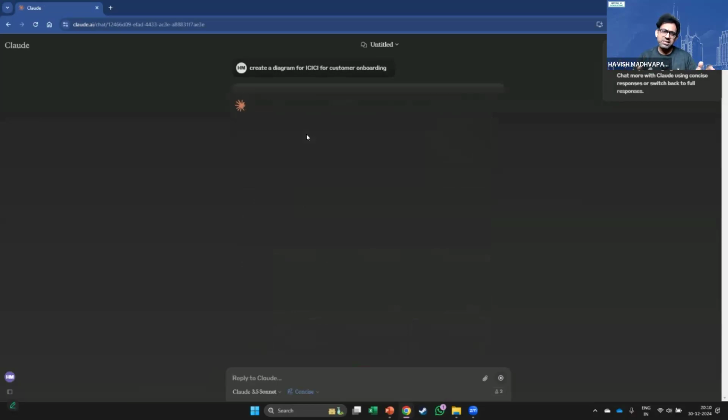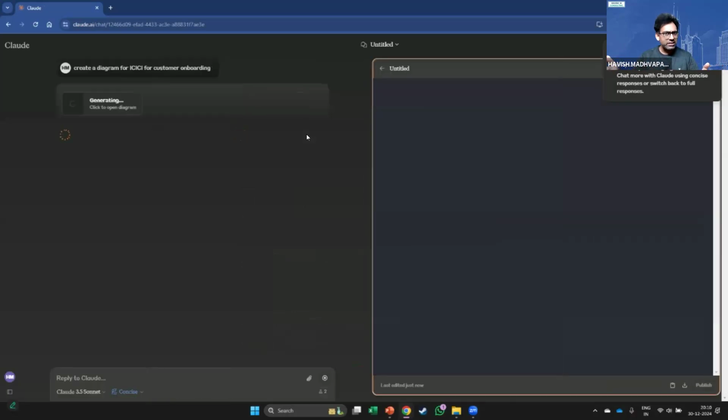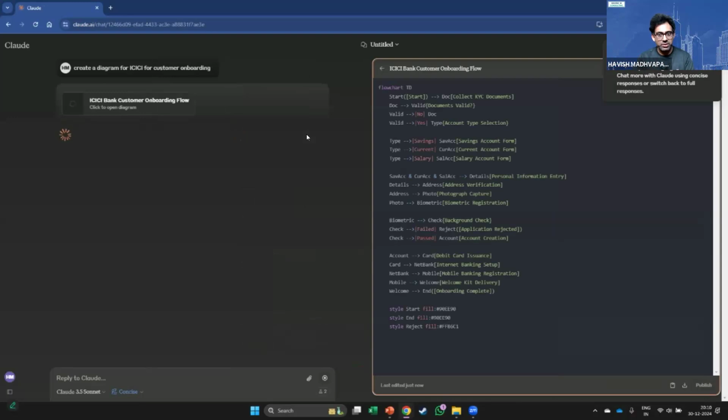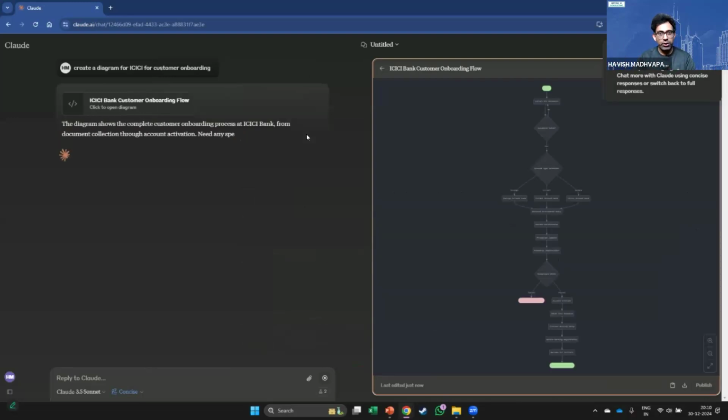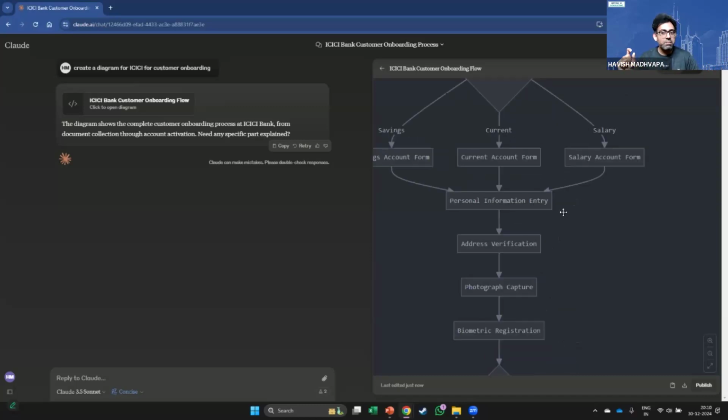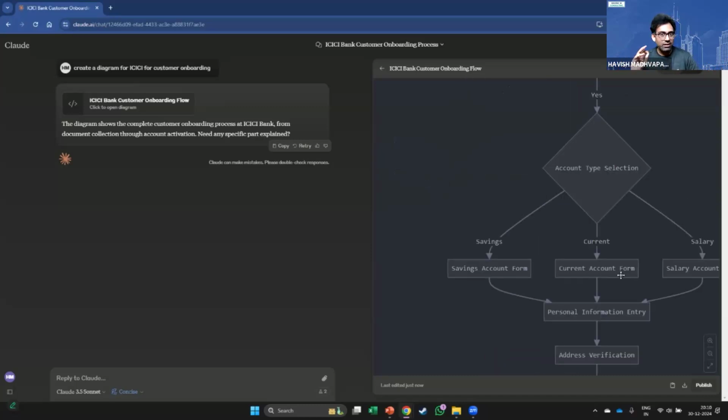It typically takes anywhere from 5 to 15 seconds, depending on how complex your prompt is and how detailed the diagram is. But at least as a starting point, it does a fantastic job. Now, the thing is, why is it black? Some of it has to do with the fact that I'm working on dark mode, but this is not the best way to view this.